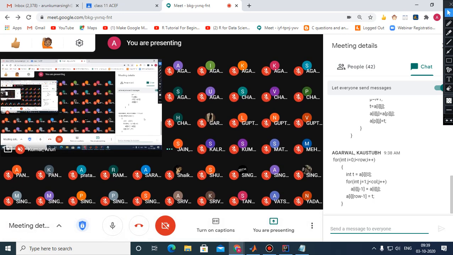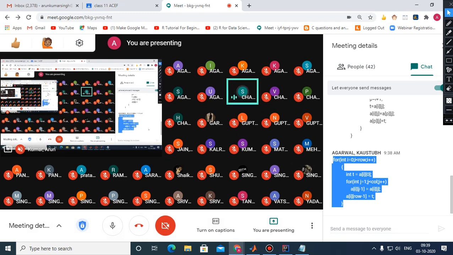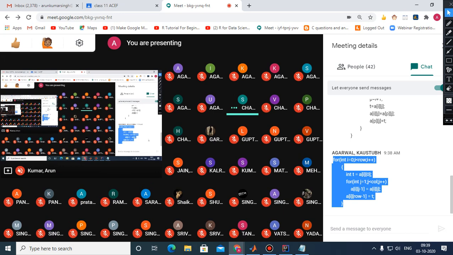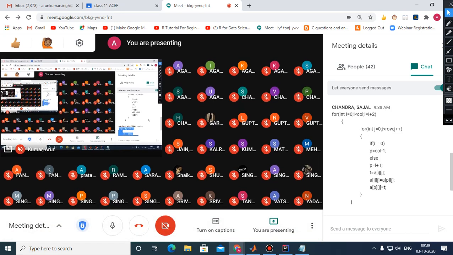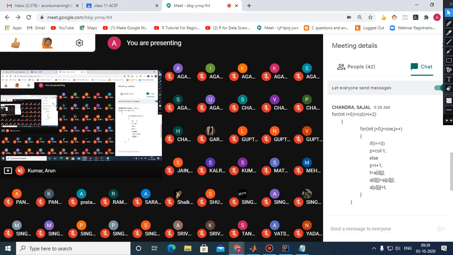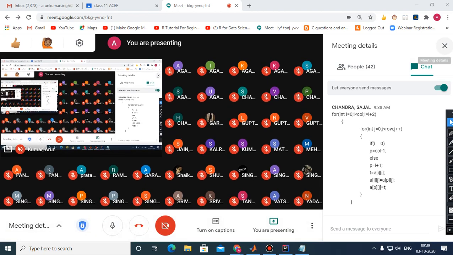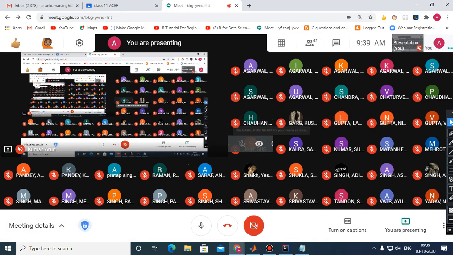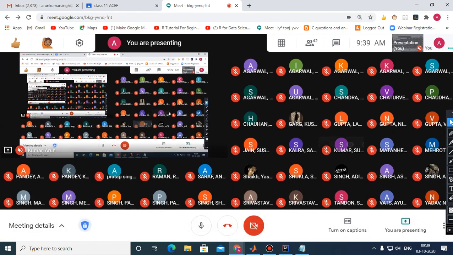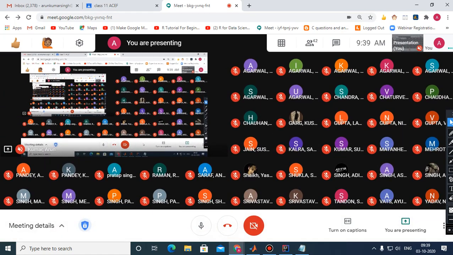So Sajal Chandra, please go through the code which Kaustubh has sent, the selected one. So just try to write this. Just avoid if conditions; if they are not necessary, then avoid writing the conditions. Yes, anybody else?